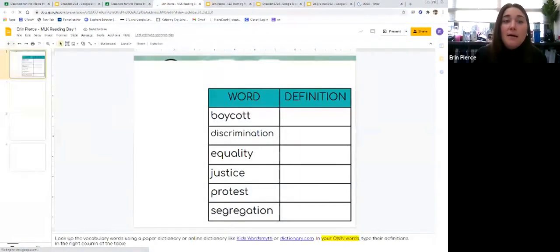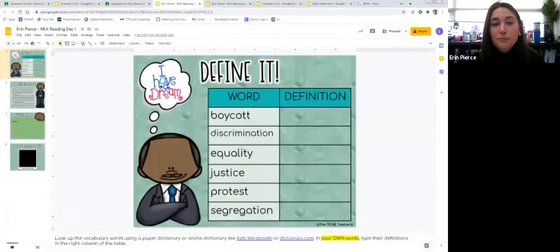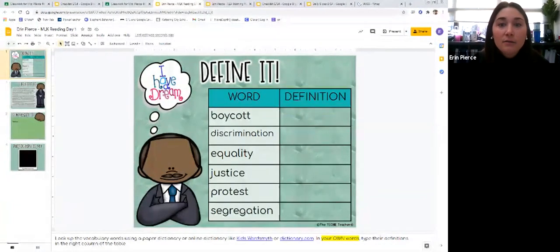I see that Mason and Liam have found it. I see that Jackson and Hank have it open. Carter has it open. I see a couple more friends. Kira's getting it open. Olive's got it open. James is finding it. Our first slide